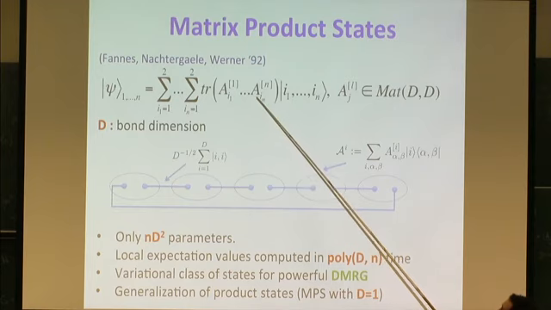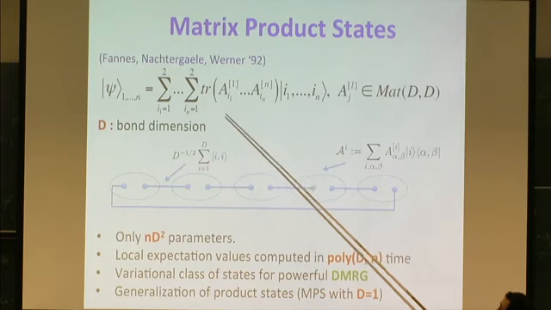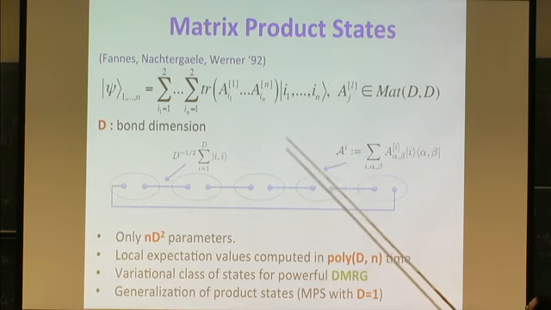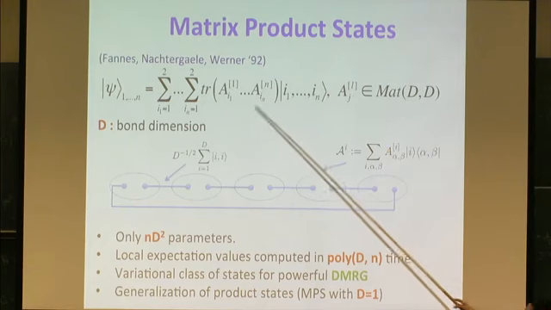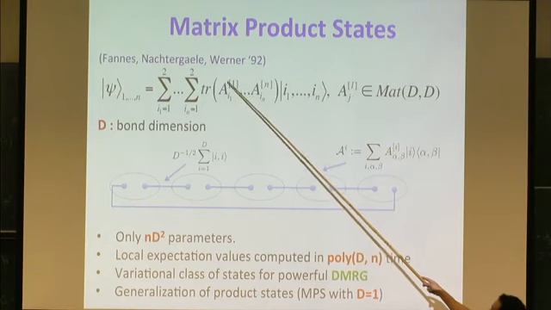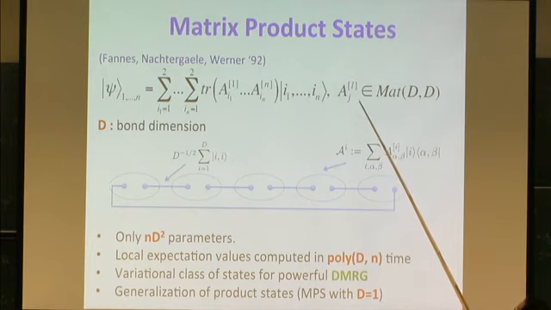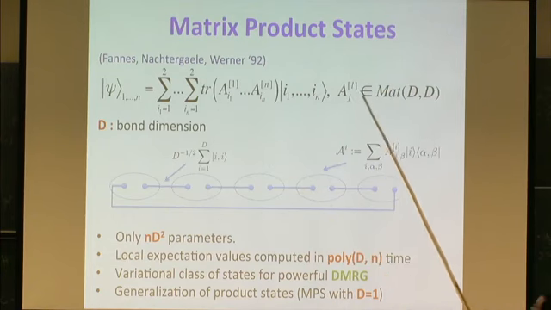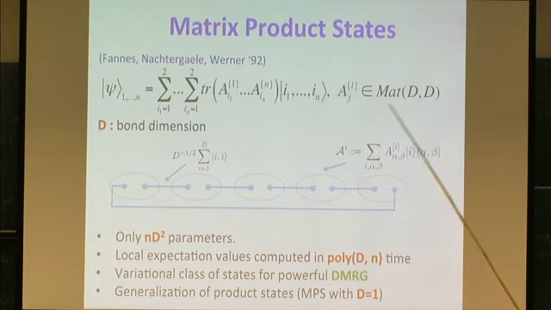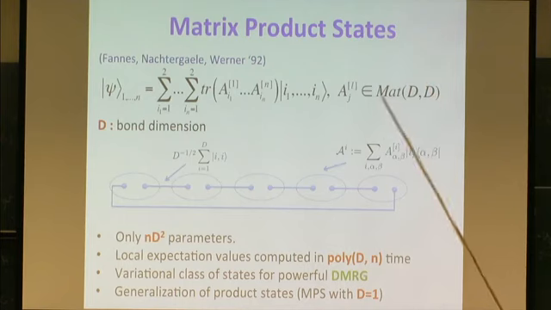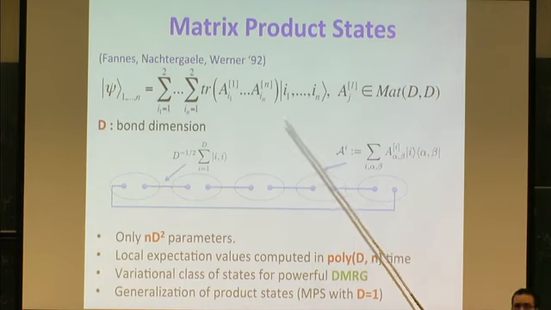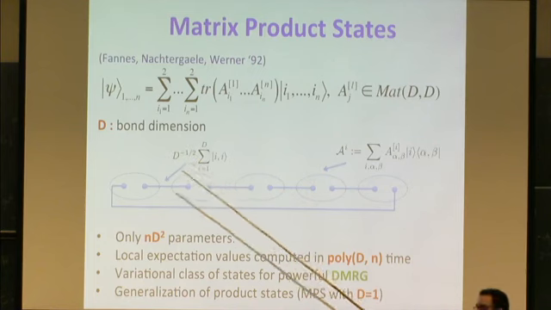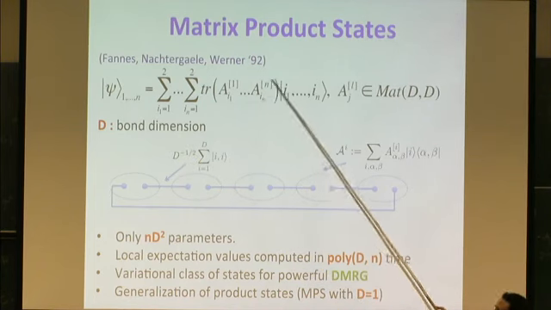Now, a matrix product state is a particular kind of state where this tensor can be written as a trace of a product of matrices. To describe the state, you have many matrices. For each site, for the first site for example, you have two matrices, because it's qubits, and then for the second site you have two matrices again, and so on. These matrices cannot have arbitrary size, but are d by d matrices. If we can write the state like that, we say the state is a matrix product state of bond dimension d. This d is some internal dimension, not on the physical space, but it tells the complexity of the tensor.